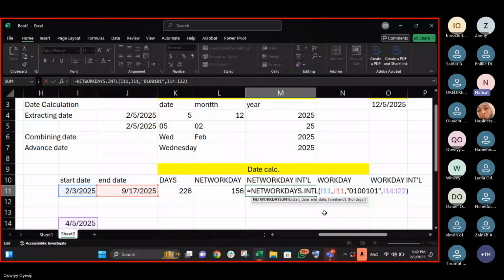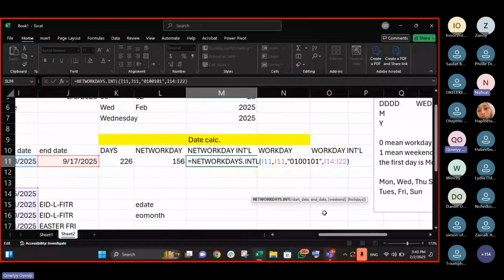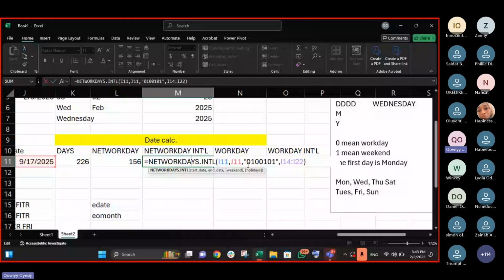Okay, this 0101010 that you typed, is it representing Saturday and Sunday? No, let me explain. I told you we have 7 days. If you count everything I'm having here, there are 7. And as for the way Excel has been programmed, Monday is the first day according to this function.